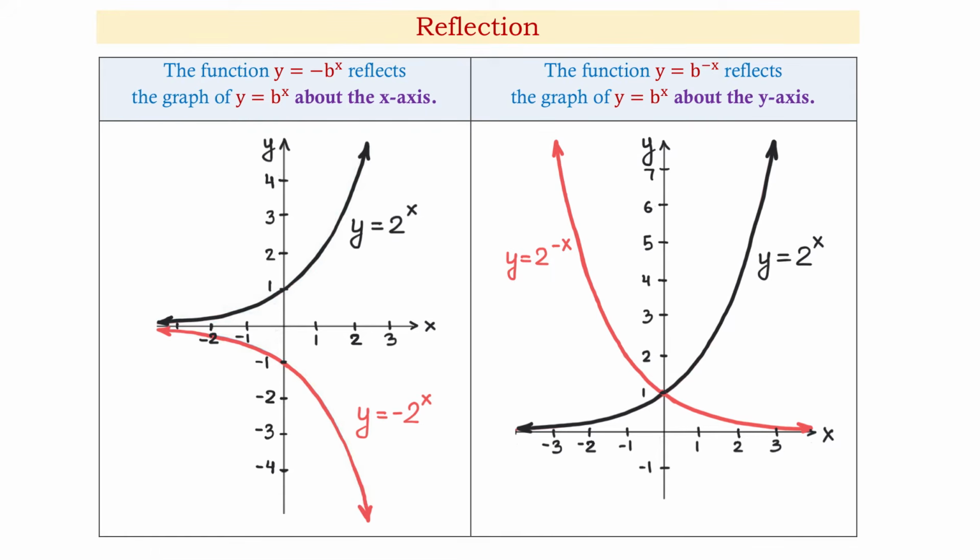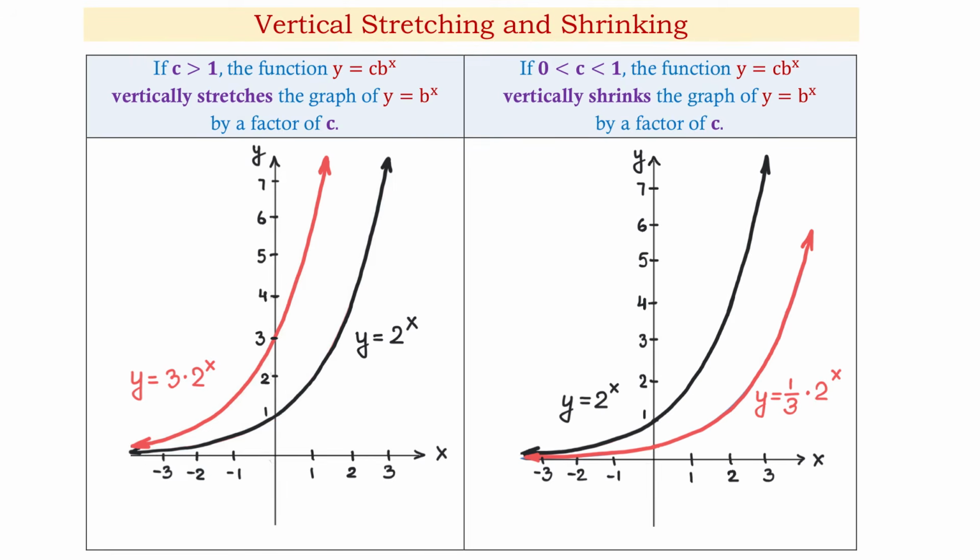Then the graph of the function y equals 2 to the negative x power is a reflection of this graph about the y-axis. The next transformation is the vertical stretching and shrinking. If in the previous transformations the graph would keep the same shape, with stretching and shrinking, the graph will change